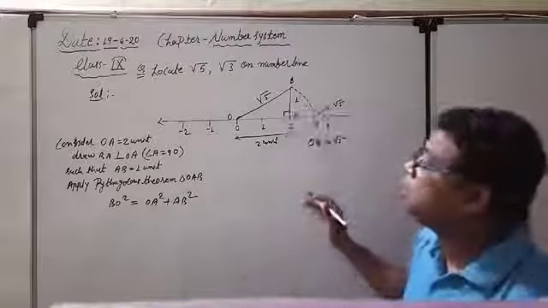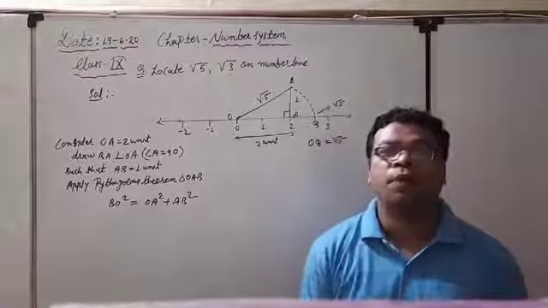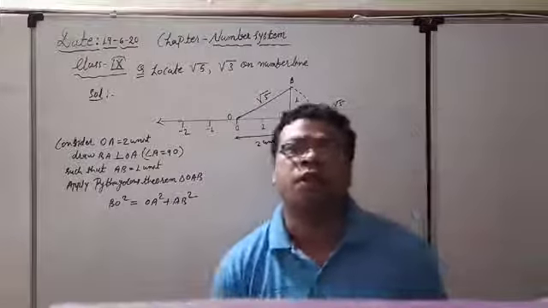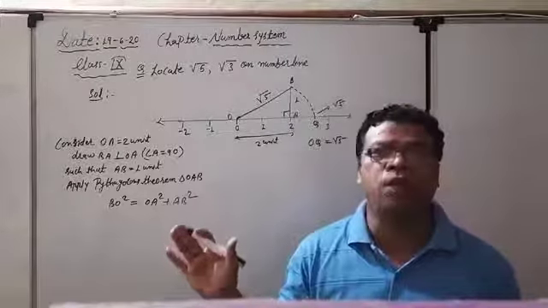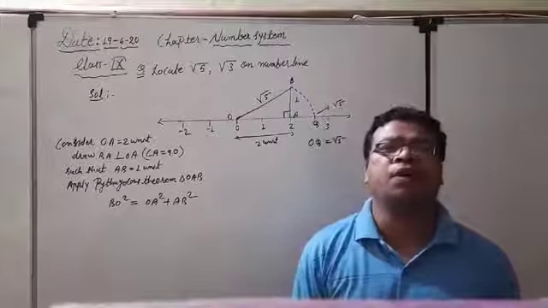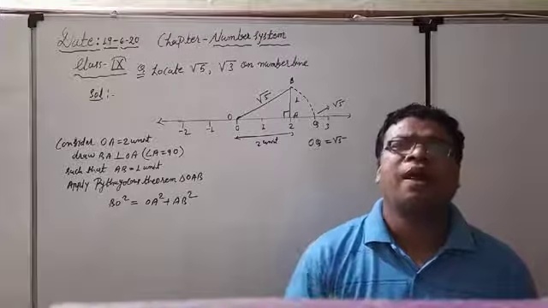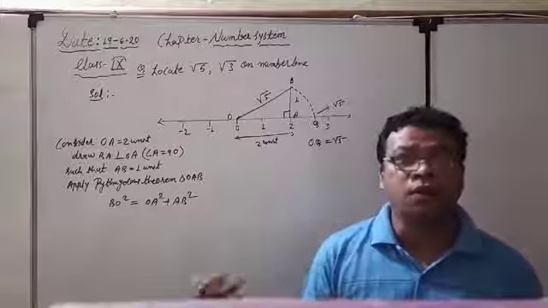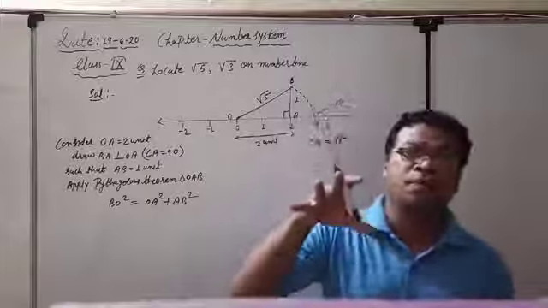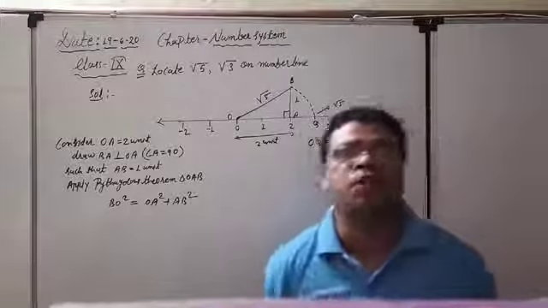Right now, it is the turn to see how to represent the square root on the number line. What is our main topic here? How to represent the square root number on the number line. So we all know that all the positive square roots are either rational numbers or irrational numbers. If they are perfect squares, they are considered rational numbers, and if they are not perfect squares, like root 3, root 5, they are irrational numbers. So our main concentration is how to represent non-perfect squares, which are irrational numbers, on the number line.